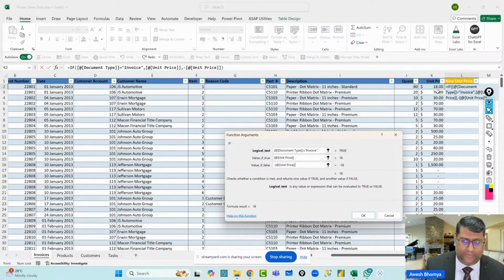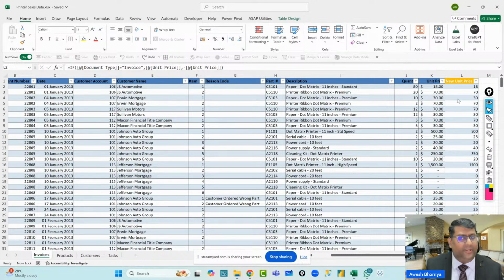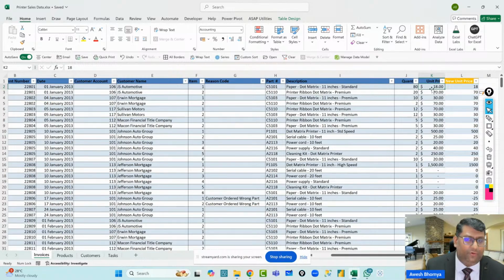Now when I hit enter, look at what happens. The moment you hit enter, every single cell gets updated with the formula, unlike what happens in a range format. Because my data is in a table format, it has automatically updated the entire data for you, right? Anyways, moving ahead, I want to apply this same cell formatting to this entire column.